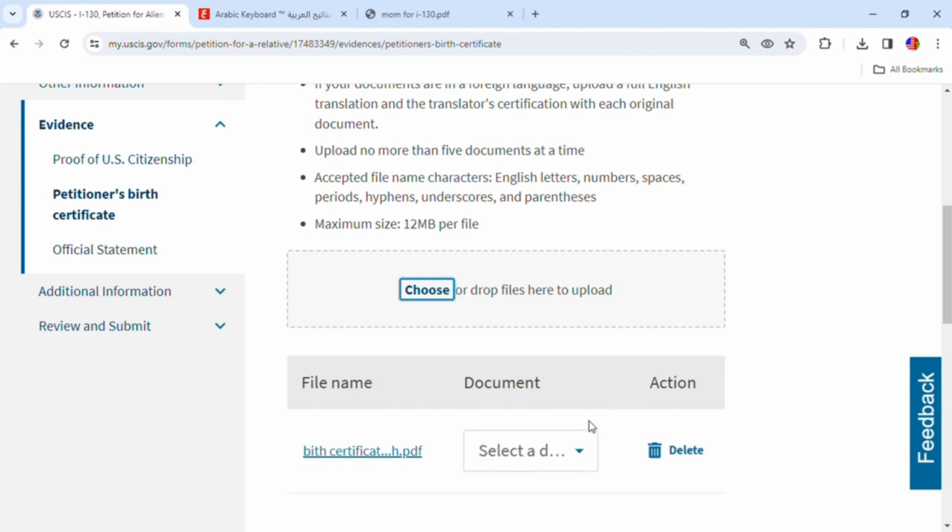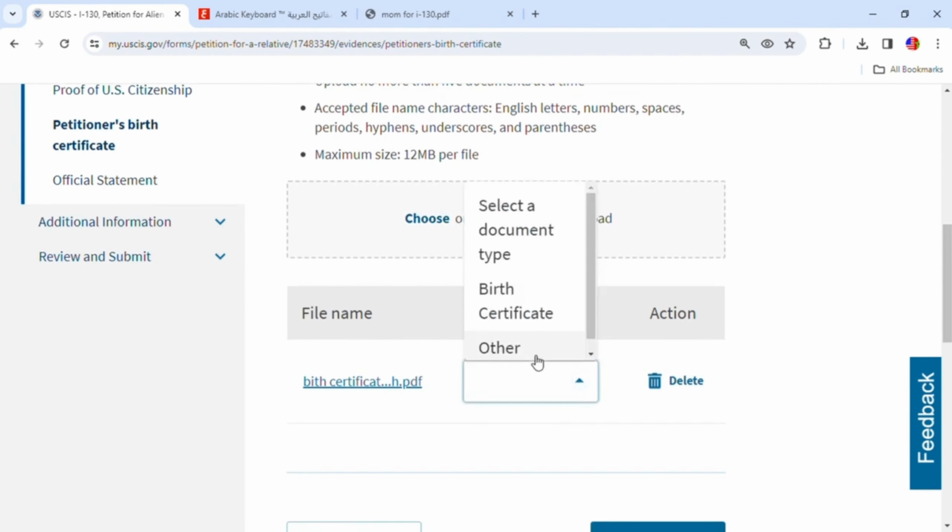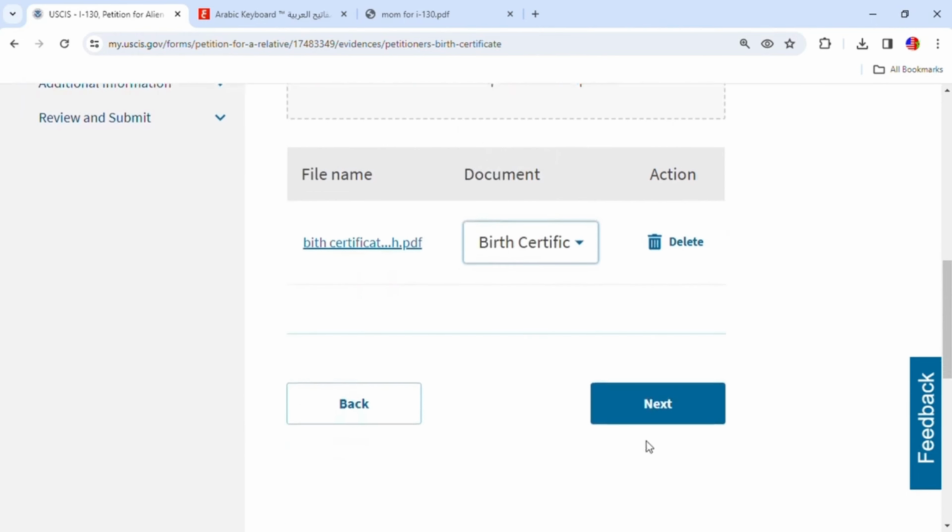One thing I want to mention right here, for the birth certificate, it must be one PDF, Arabic and English, in one PDF, and then upload them. And then they're going to tell you which one is a birth certificate. And then next,